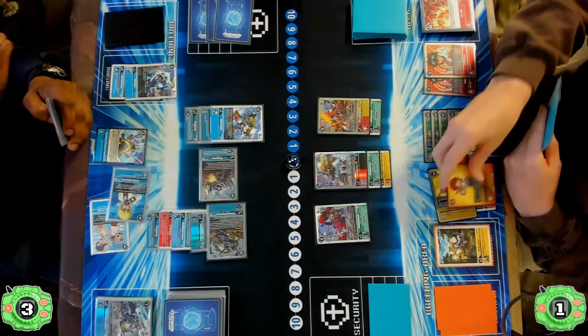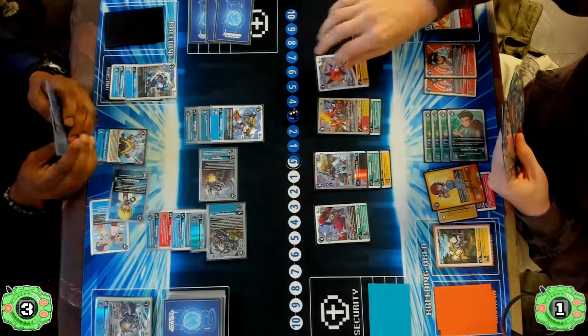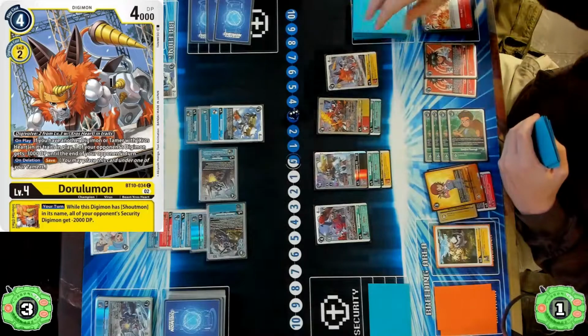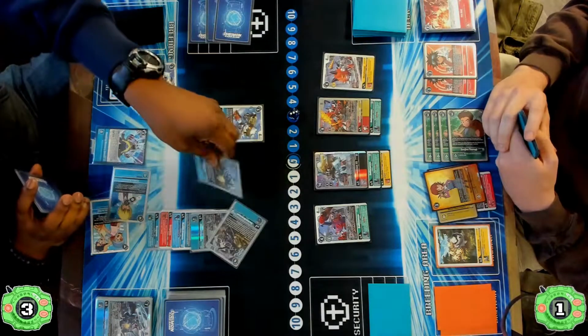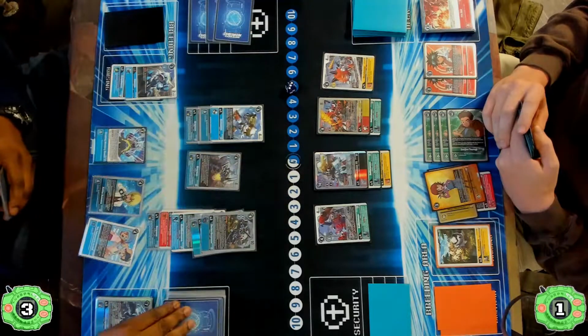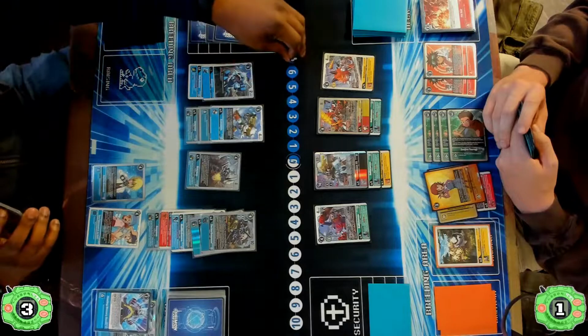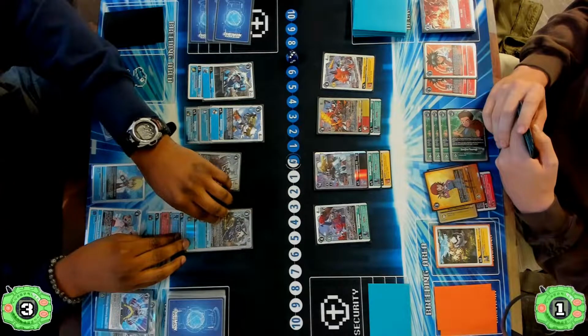A Fireball is being played, not able to delete any of the Digimon as none of them are 3,000 or less. And it looks like they're going to finish off their turn by placing an Akari and a Dorulamon. Once again, not strong enough to actually get rid of one of the Blue Flare Digimon. So at this point, they have 4 on their side of the field, and with 1 security left on the